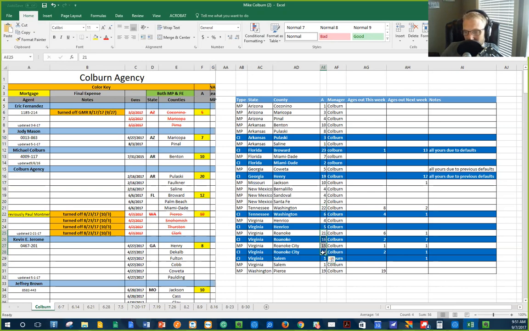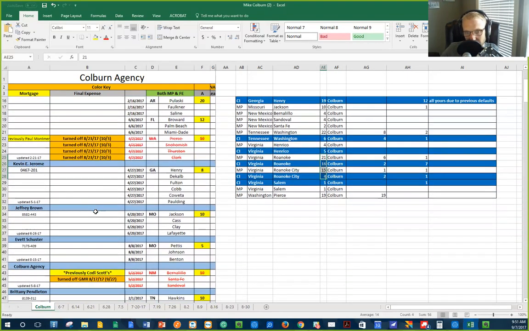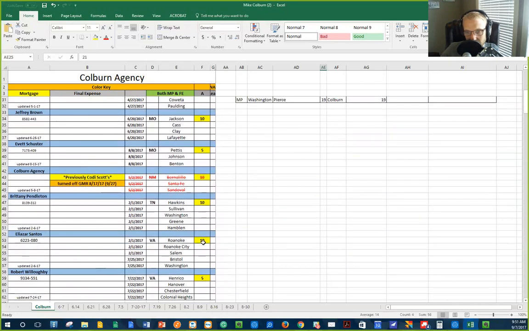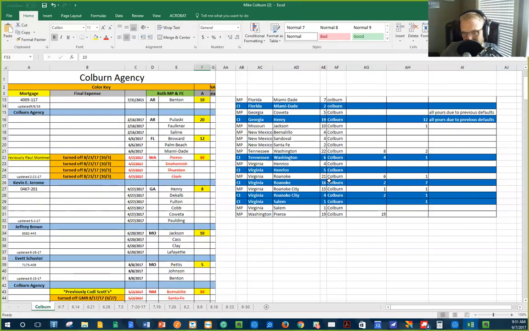So just understand now, all that we're required to get is the number on the GMR. So if you come down here and read, let's see, Elazar's GMR is 10. So he just has to get 10 every week. So if there's 50 some that come in in these counties, there's 58 that came in, all he has to get is 10. If we can get rid of additional ones, great.